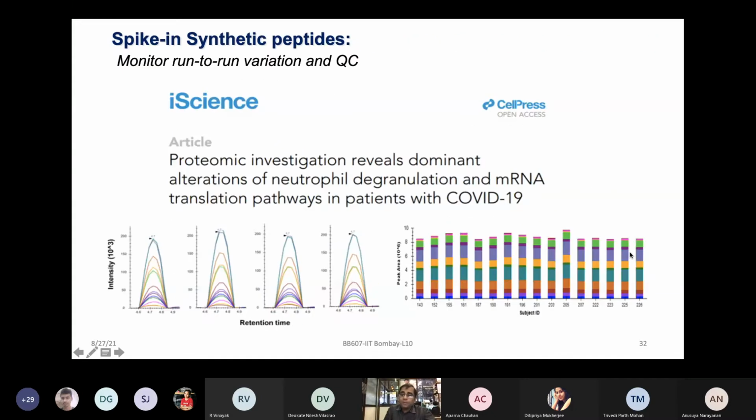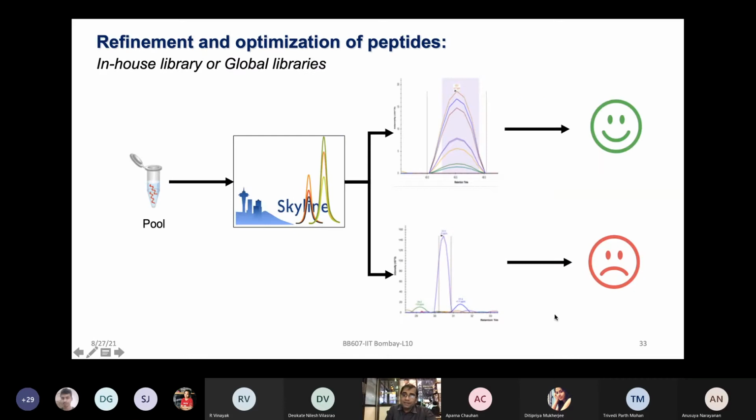So in any of these experiments, reproducibility becomes very important. Recently, we did some work on COVID-19. I was talking to you about it in one of the previous classes. I stopped there with the quantification part, and I said I would talk about validation when I reach it. So today let's talk about validation of some of these findings, how to validate these targets. Lots of times failures happen, which is very routine in doing validation. Only very few times are we happy after finding some target which looks good.